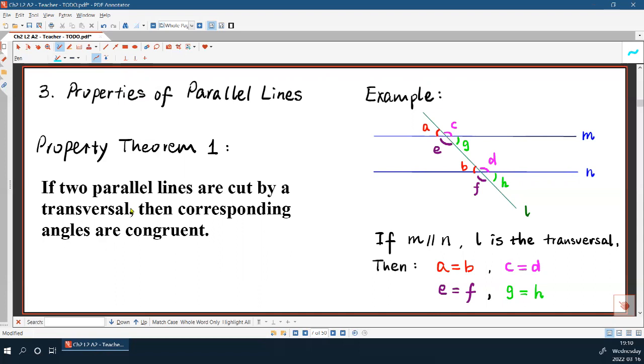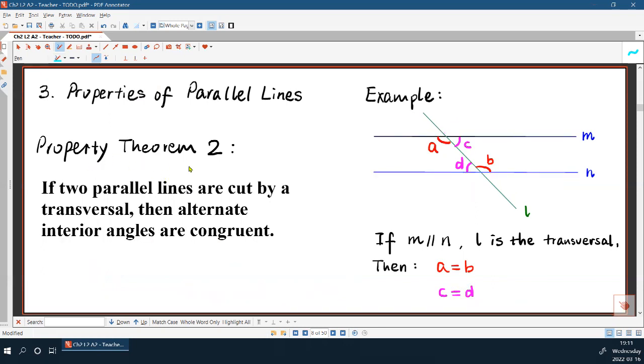Okay, actually, you can take brief notes. For example, for theorem 2, you can write: parallel lines indicate congruent corresponding angles. If you write quickly, you can write it like this. Parallel lines indicate congruent corresponding angles. Okay, next, property theorem 2, which states that if two parallel lines are cut by a transversal, then alternate interior